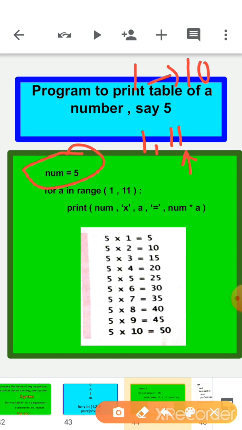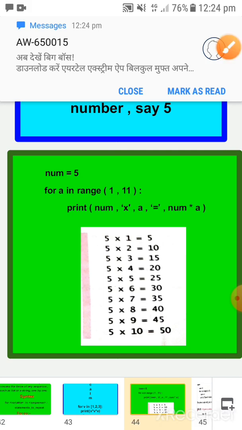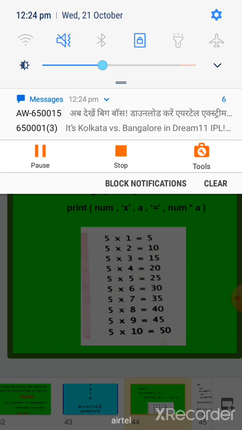Now print num, and something in the quotes will print as it is. First of all a is 1, so 1, equal to num is 5, 5 multiplied by 1 is 5, so you will get 5 into 1 is 5 here.